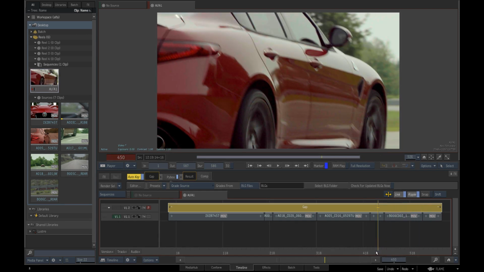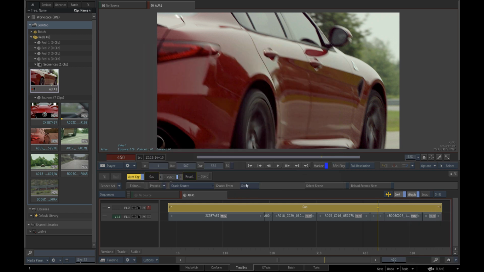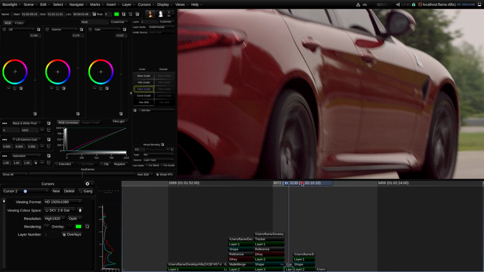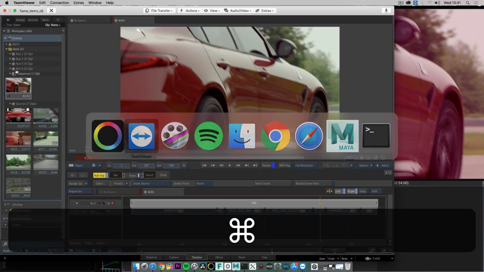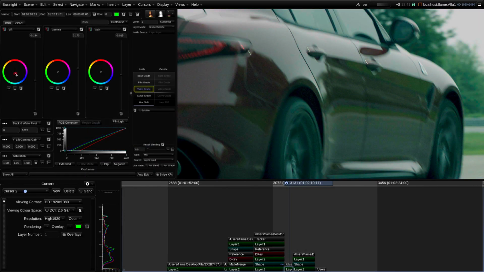Now I'll change the grade source to Scene, and select the currently open scene on the remote Baselight host. I'll tab back to Baselight and adjust the grade. When I tab back to Flame and interact with the timeline, the BLG grades are applied live, as the changes